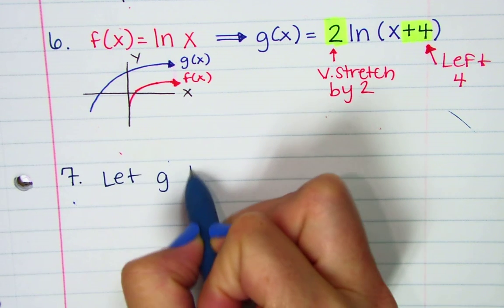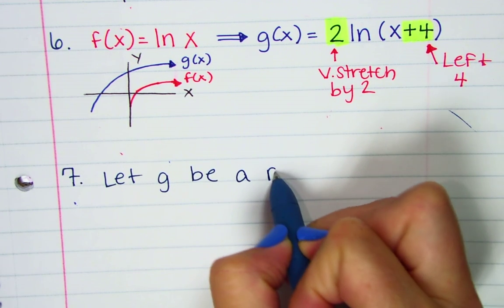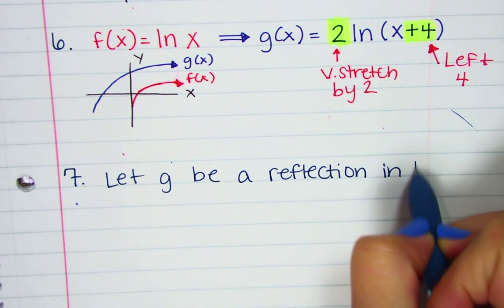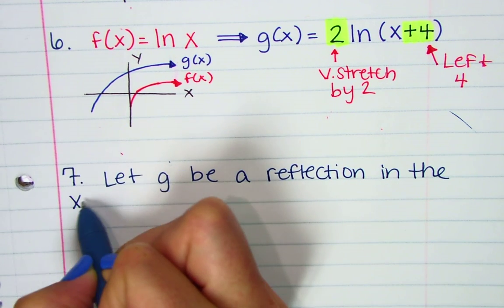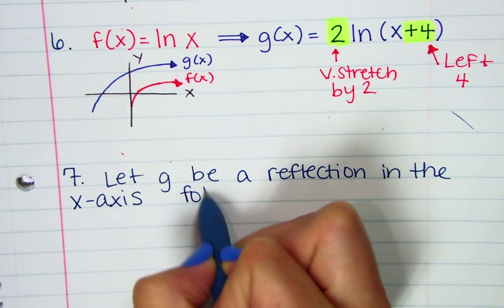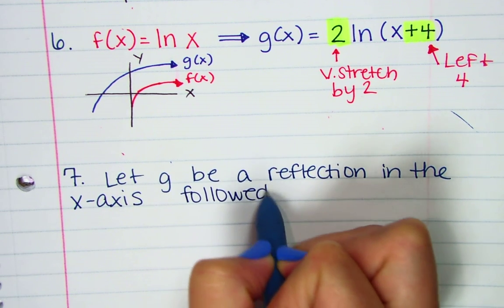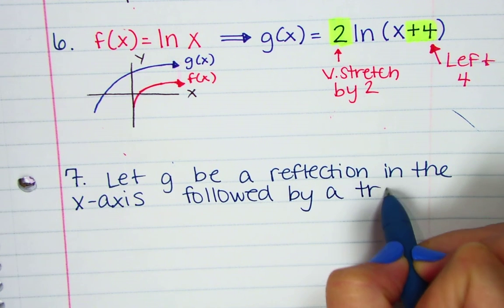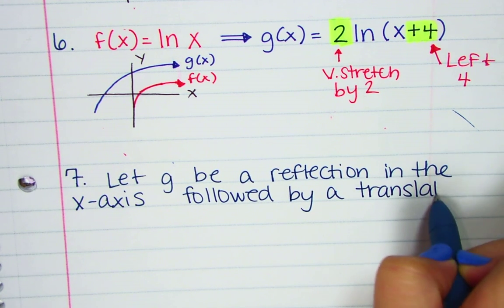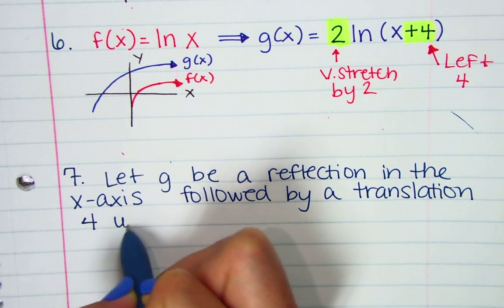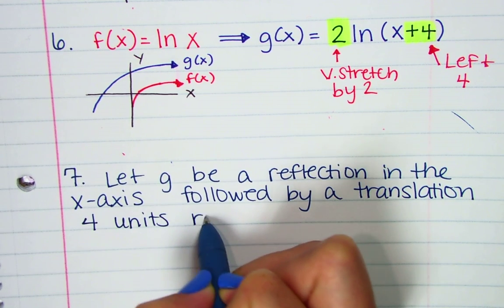Let G be a reflection in the x-axis followed by a translation for units right